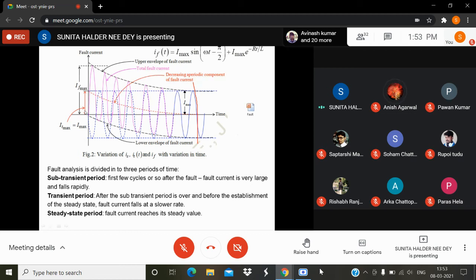Yes, ma'am. Okay, the figure has something wrong, because if you put t equal to 0, the total is 0, the transient component is Imax, and this steady state component is minus Imax. So this pink overall component is right, because at first it will be 0. Then within half a cycle, this will be Imax, this will be plus Imax approximately. So it will die down, but it will have some value. So this is the first peak. Within the first peak, actually this blue value will come. I have drawn it in a hurry, so there is some issue. So actually the thing will be like this.